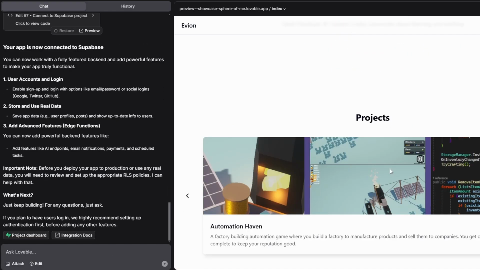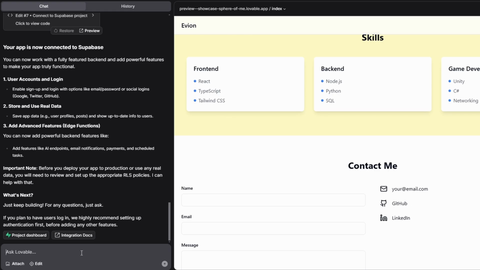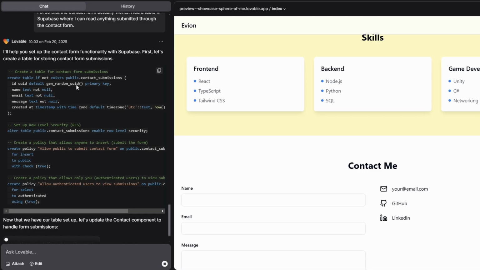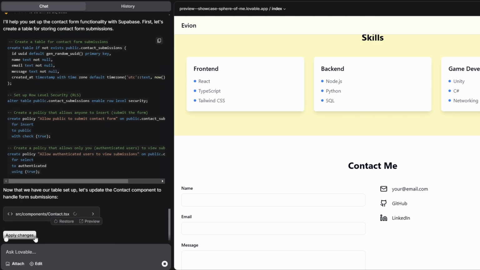Okay, so now we want to actually make the contact me form work. So I'm going to tell Lovable to fix so that the contact form actually works. Add a table in Supabase where I can read anything submitted through the contact form. And now it's going to give me an SQL query that I need to apply the changes for. You can preview it if you know SQL to see if it looks good, and then just press apply changes